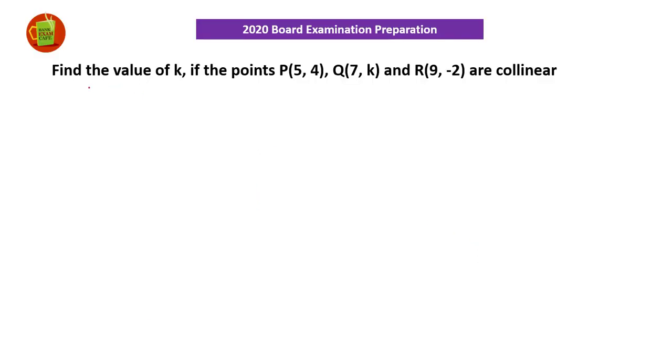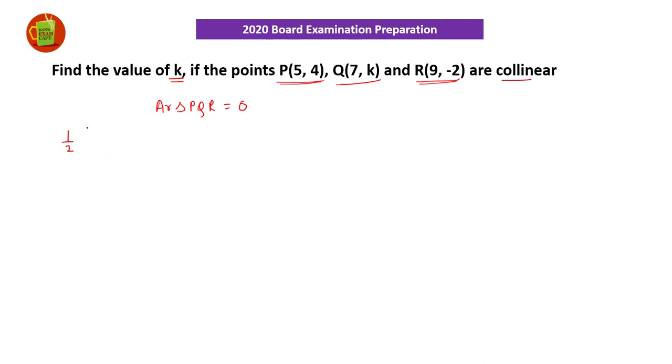Here is the first question on the screen: find the value of k if the points P(5, 4), Q(7, k), and R(9, -2) are collinear. The points are collinear when the area of the triangle is 0, that is the condition. So here the area of triangle PQR should be equal to 0, and